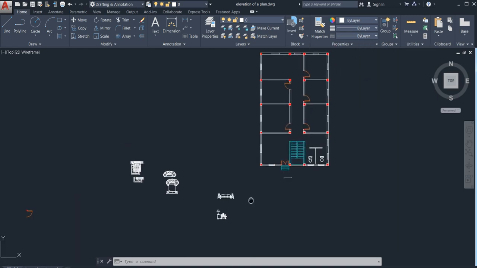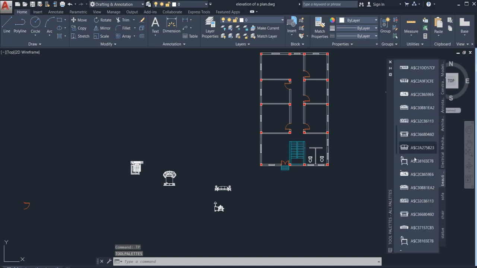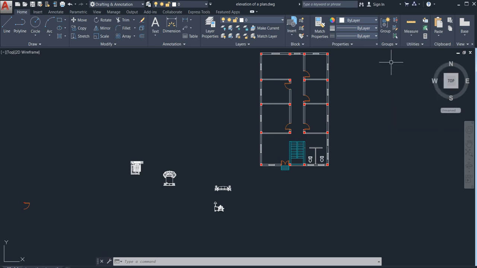If you have a problem with this, how to get this, I'm going to tell you. This is where I have got all of this. If your system does not have these CAD blocks or this furniture, you can get it by watching my previous video. No need to worry, I will keep the link for downloading it in my description box. Download it and you can add it in your tool palette.